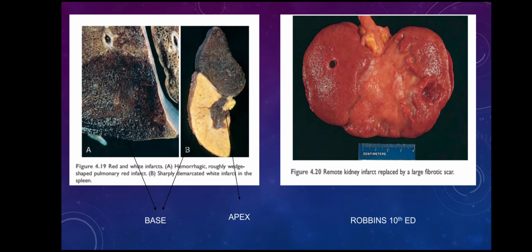Now these are the gross images of the infarcts. So let us have a look. The first image is that of lung. So I told you that in lung there is dual circulation and also it is a spongy tissue, so it can contain more blood and it causes the hemorrhagic infarct. So this is hemorrhagic infarct. This is wedge-shaped infarct, but the margins are not that well defined as it is seen in the pale infarct.